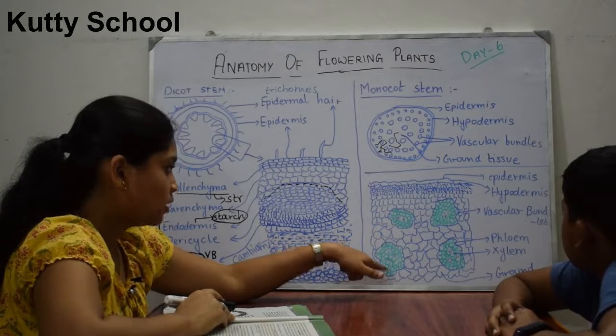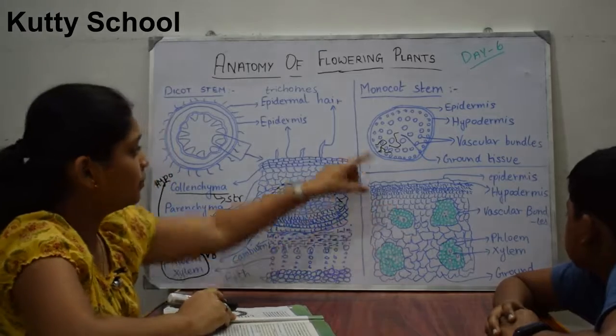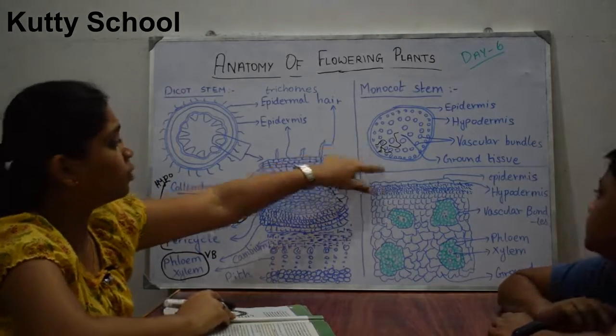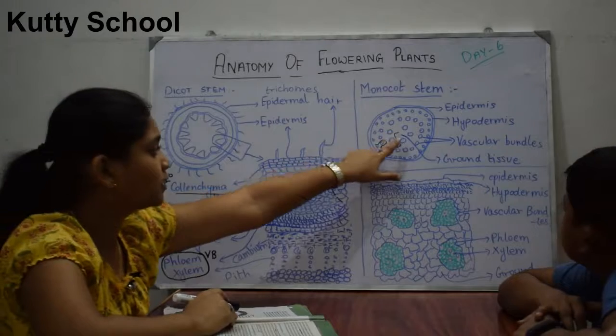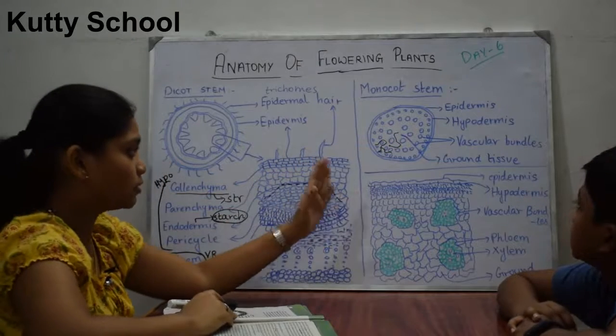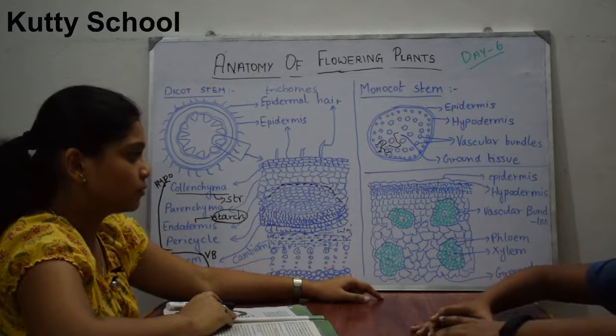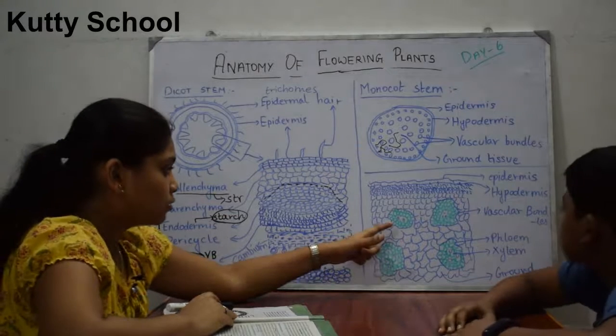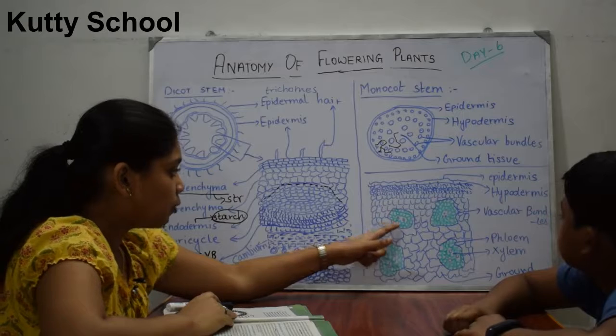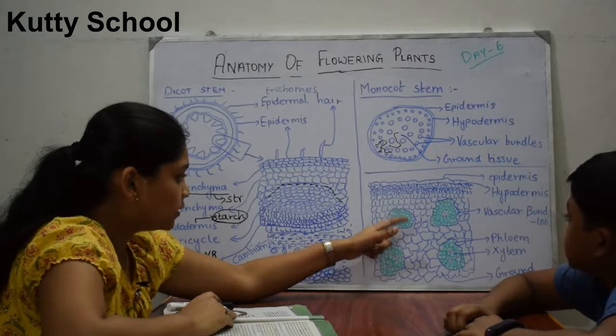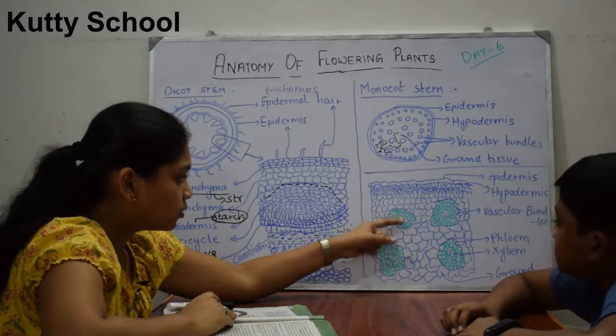Okay. And vascular bundles are generally very small at the periphery and large at the center. While coming to the center they become big, from small to big. So these are vascular bundles, and the outermost periphery is known as phloem, and inside it is known as xylem.